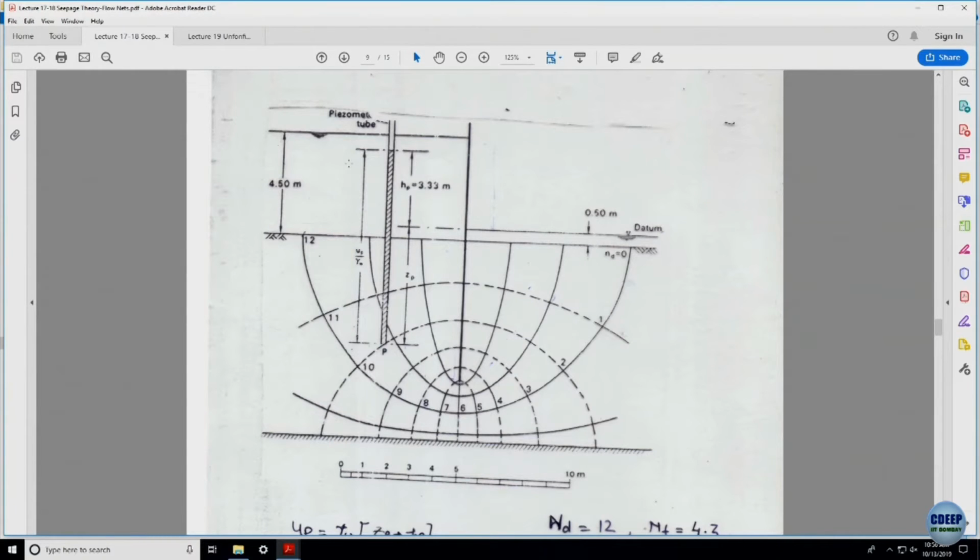So, once you have obtained the flow net, it should not be difficult for you to compute the pore pressure at a given point, because remember the entire analysis we have done until now is by assuming the delta H, which is the total head, and that causes a seepage regime to get developed into the porous media. So, delta H is H1 minus H2, that is 4, and this head is getting distributed in the porous media.